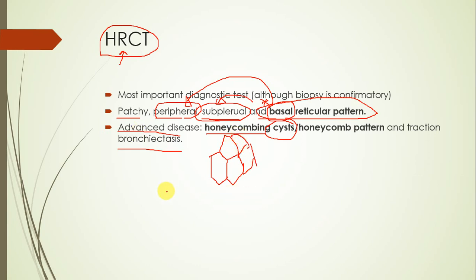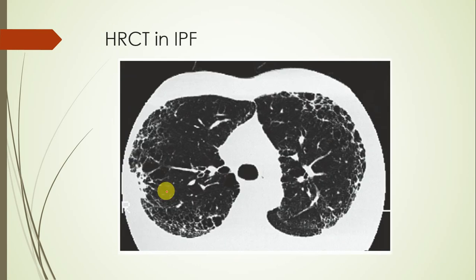Let's see an example. This is an example of HRCT in idiopathic pulmonary fibrosis. You can see this is the cross section. This is the heart. Obviously, this is the upper region. This is the upper mediastinum, part of the upper part of the great vessels and heart, probably. Those are the